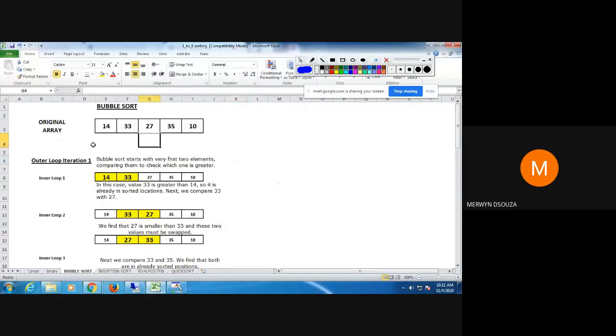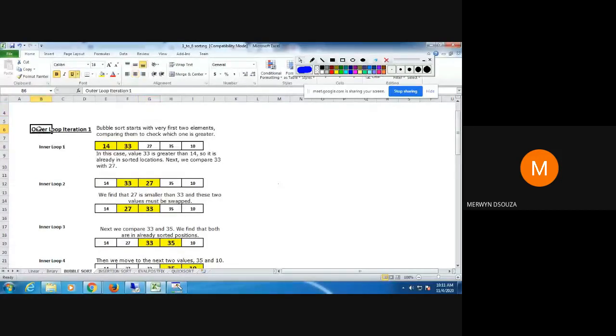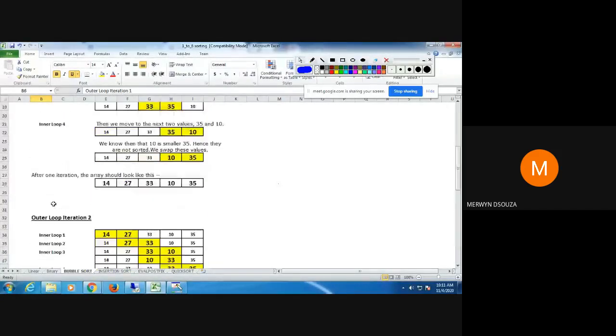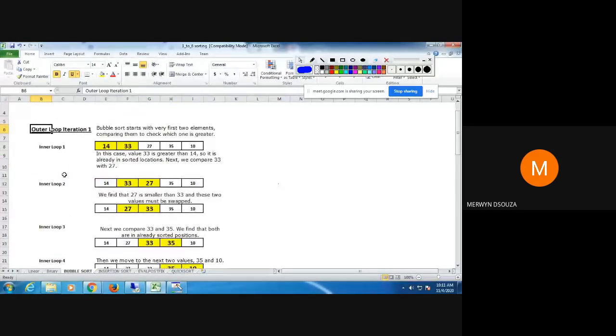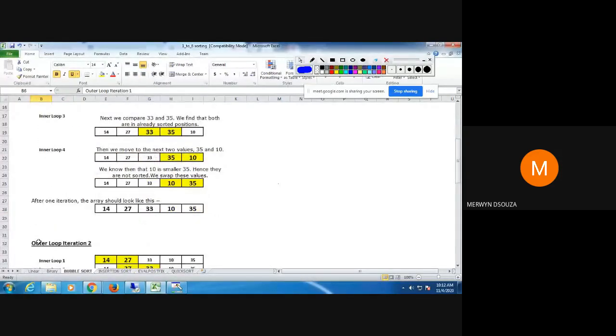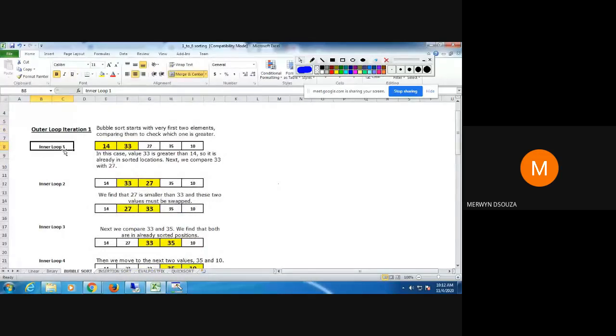So when you start with this, within each iteration, you're going to have an inner iteration. Like I showed you here, this big thing, you're going to have 4 steps or 4 iterations. Within each step, again there are going to be n-1 steps. So in the first step, again there will be 4 sub steps. That's why I have to make the differentiation. I have written this: the outer loop is the main steps, and the sub steps I have written as inner loops.